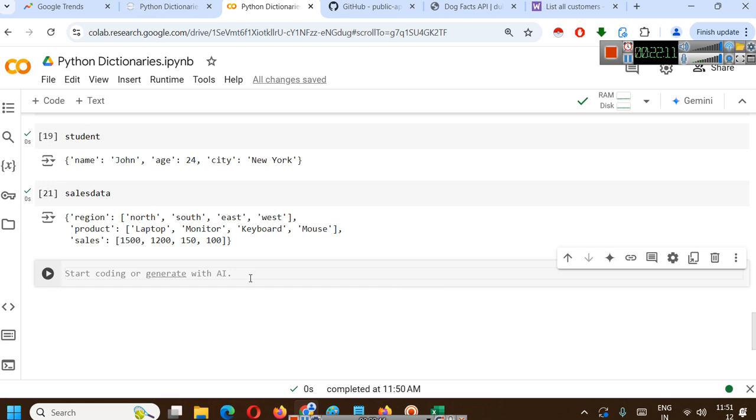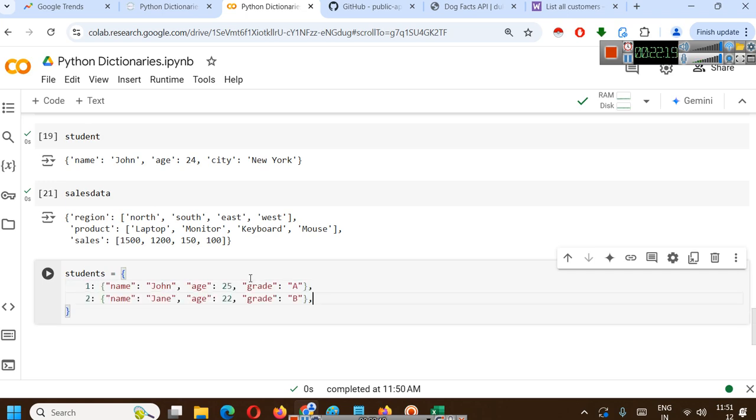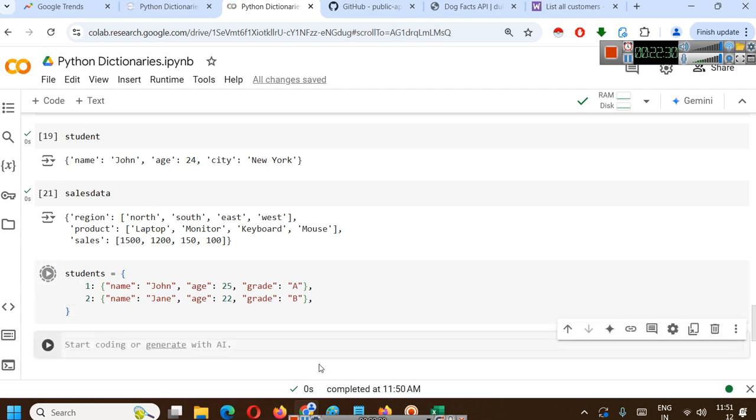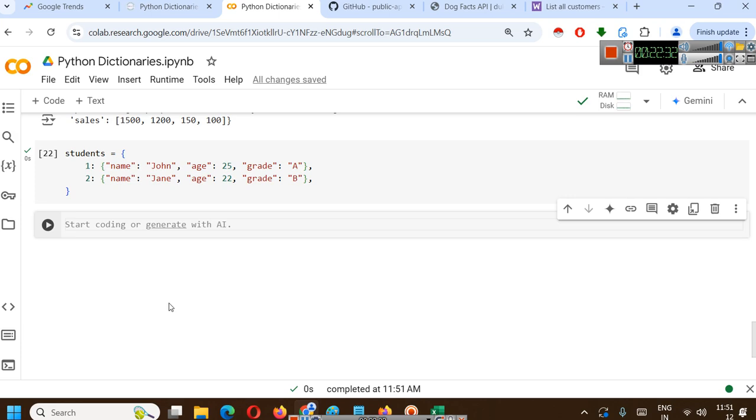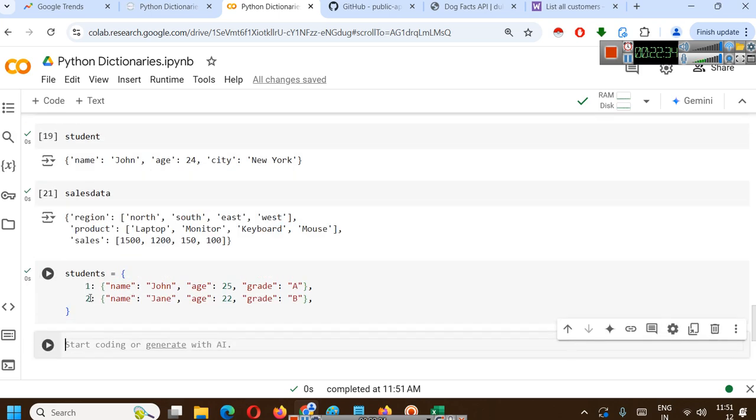Let's say students, and we are storing a student by roll number. So we write 1, name John, age 25, grade A. 2, name Jane, age 22, grade B. Okay. So here we have created two students, and you can see the key here is a